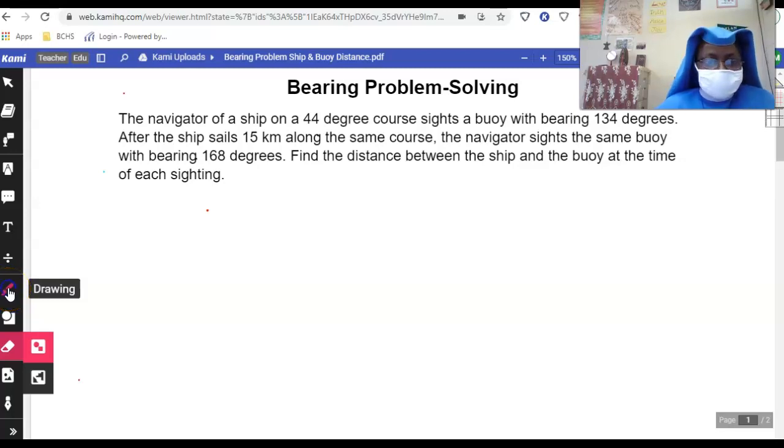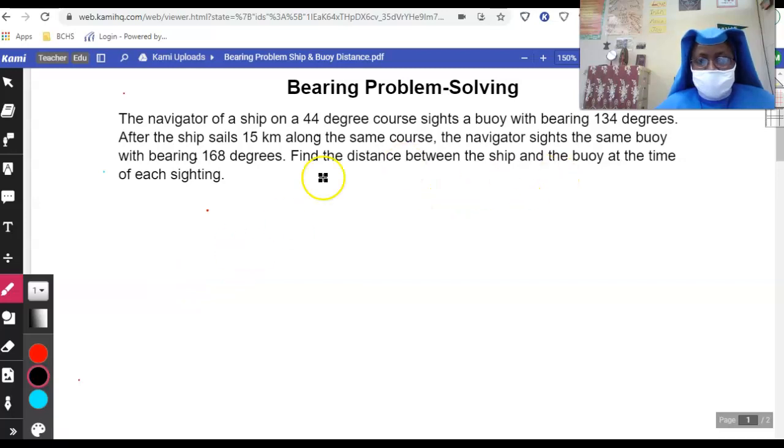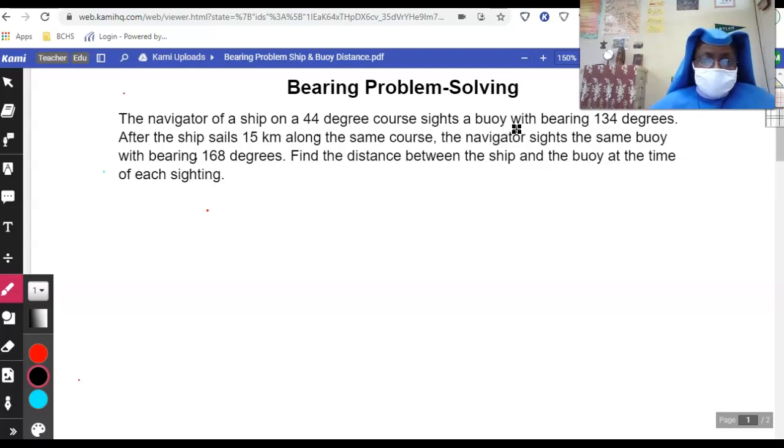Shalom to you. So to solve this problem on bearing, we want to first of all draw a picture. So it's between a ship and a buoy. A buoy is most of the time anchored, so that is just floating around, but it's like a reference to the sailors. So the first point is 44-degree